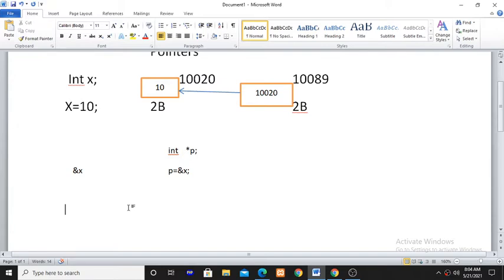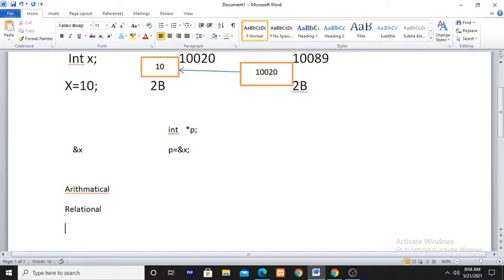So on pointers we can do arithmetical operations, relational operations, and increment and decrement operations.